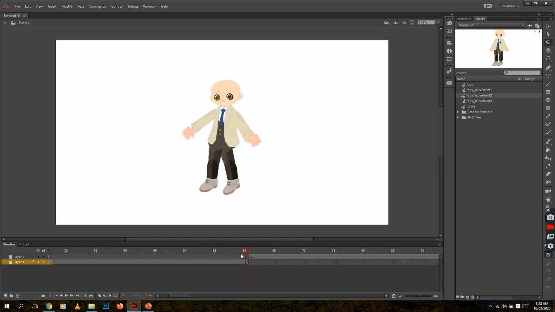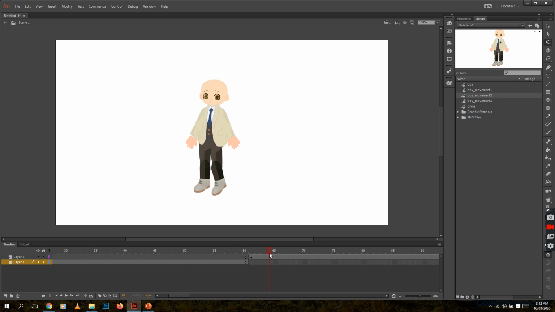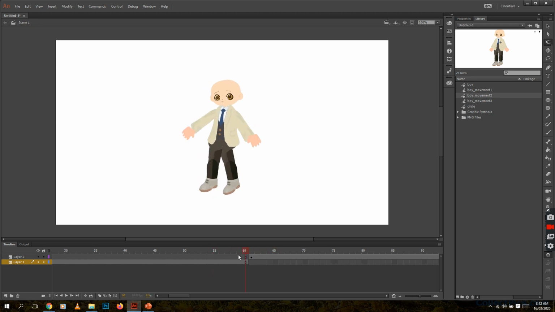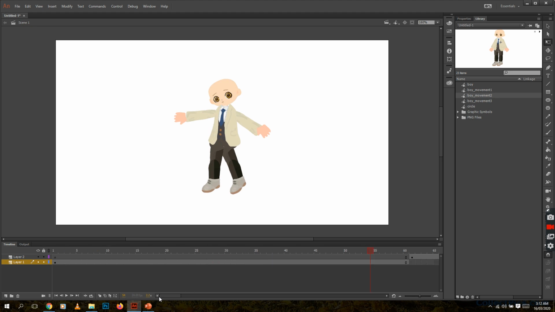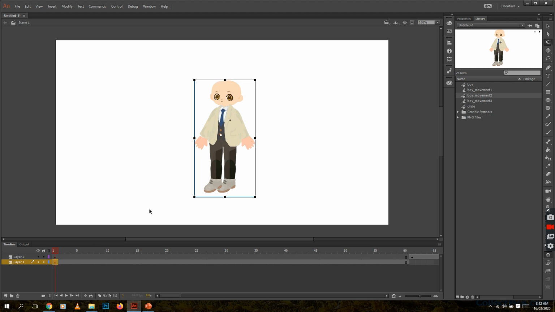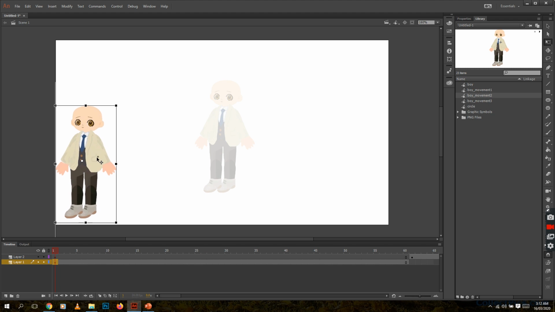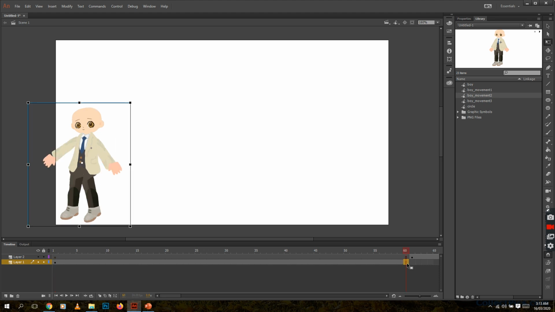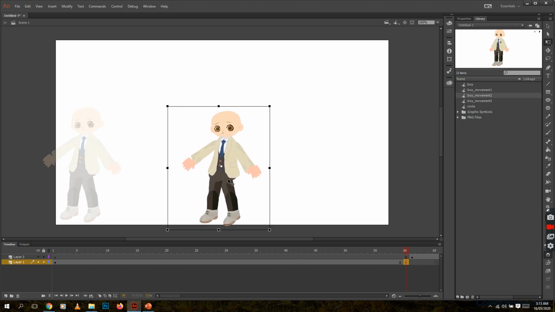So they're almost the same size. And then we'll just adjust the location of the first graphic symbol named boy underscore movement 1 from this point, and you add the keyframe at frame 60, press F6, and you change the location of the character, put it here,